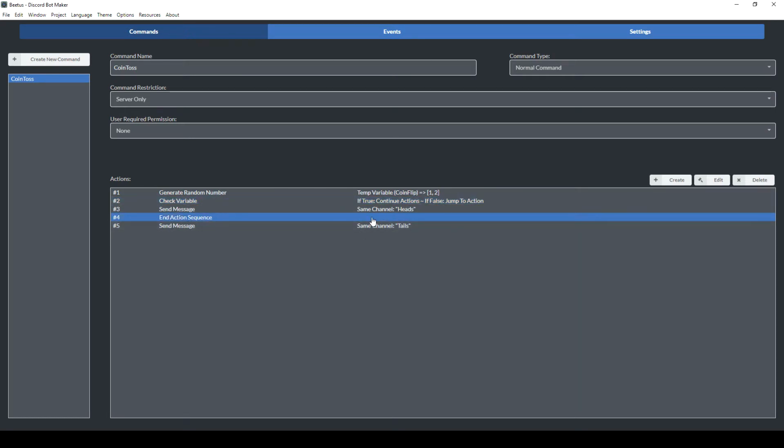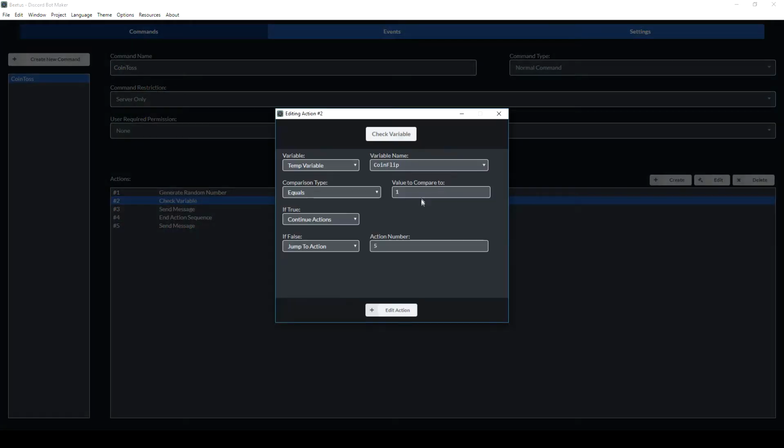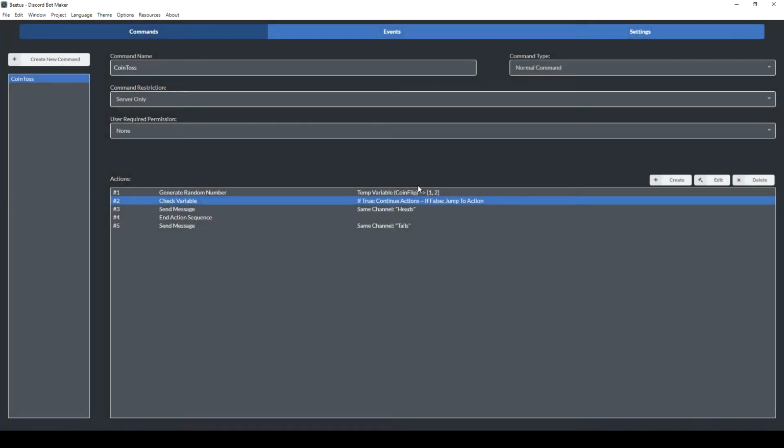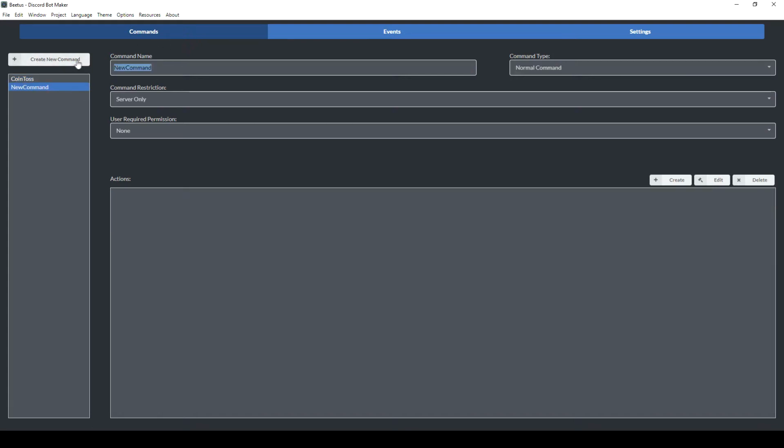I am doing a shortcut, which is if it's not 1, the only other option is 2. So if it's 1 here, if 2 here, it literally is probably the most condensed you can make this. Now you can have it do a dice roll, where actually let's just do that here. So we have a dice roll,